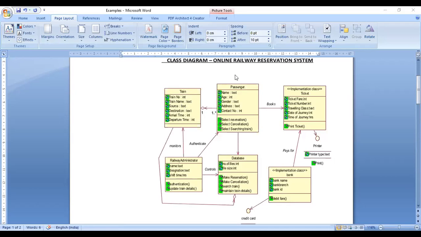Every module view may be a single class diagram. For example, in this particular example, passenger has only one class diagram. In detail, we may draw more than one class diagram for implementing the different operations of that passenger. Those operations are reservation, cancellation, and searching trains. These are the operations we can show to the users by drawing some designs. This is one of the designs.